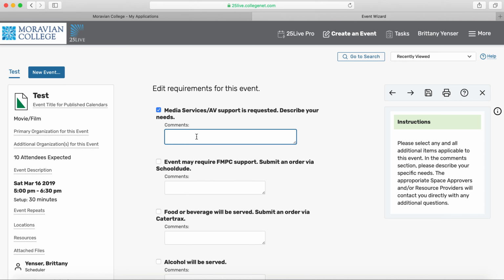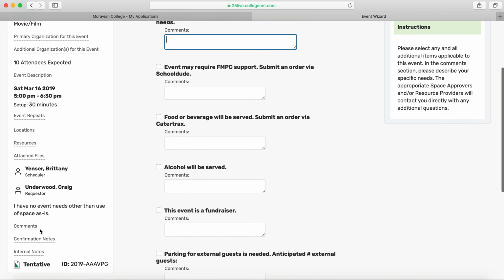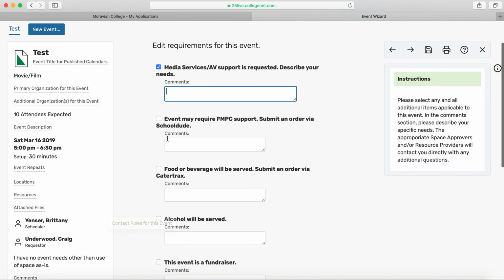Keep in mind that we don't need you to get highly specific or list off equipment. You can be as simple as the space is Prosser Auditorium and I'm showing a presentation. And just that simple statement of I'm showing a presentation will let the media services team know our starting point,